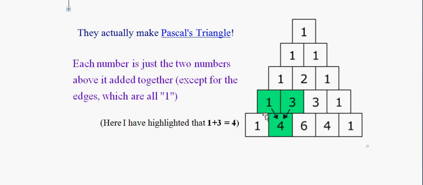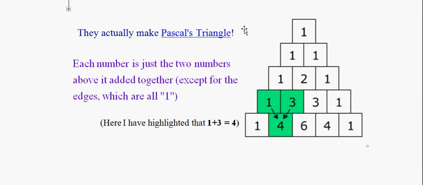So how did we get this? We just simply put 1, 1 at the edges. And how did we get 2, 3, 3, 4, 6, 4? We got this by doing this. See, this box is connected with two boxes above. Just add those two boxes. 1 plus 1 is 2. How did we get this 3? This is connected with those two boxes. 2 plus 1 is 3. 2 plus 1 is 3. 3 plus 1 is 4. 3 plus 3 is 6. 3 plus 1 is 4. So simply add it.